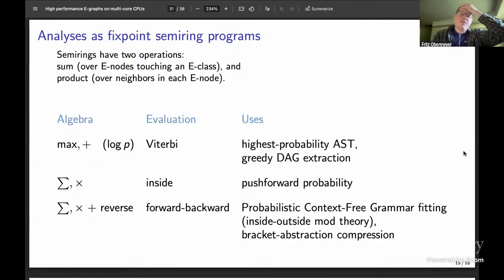Okay, sure. So I'm coming at this from a weird perspective of group theory on the one hand, and machine learning and classical natural language processing on the other hand.